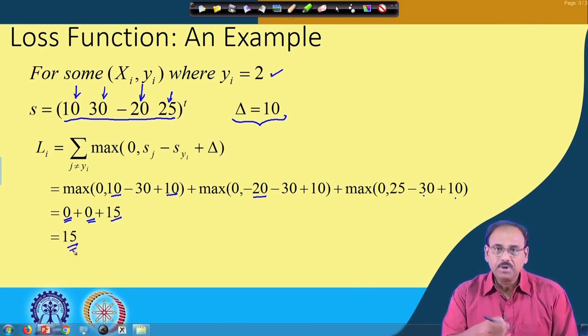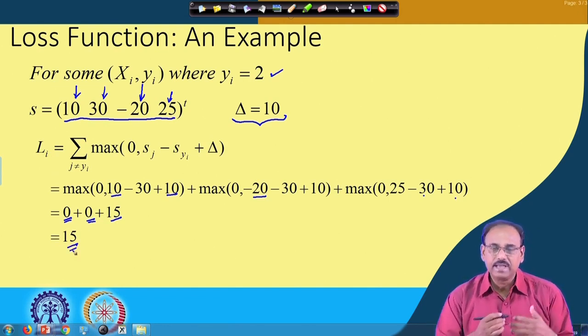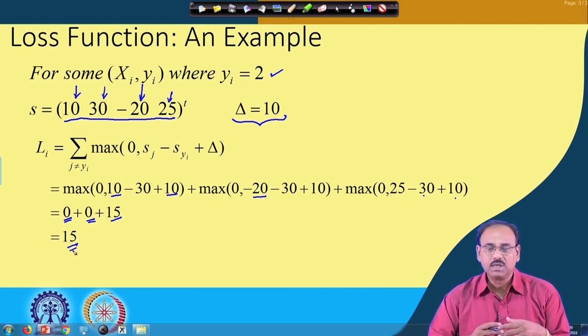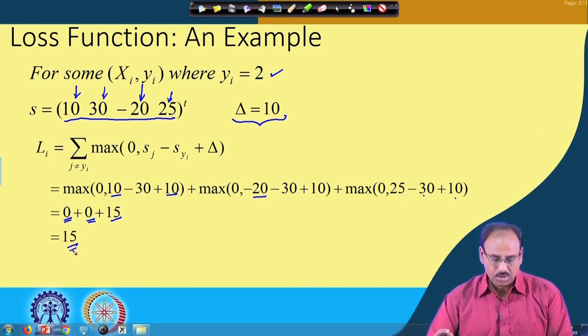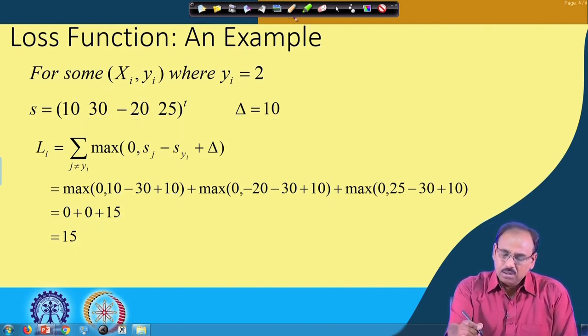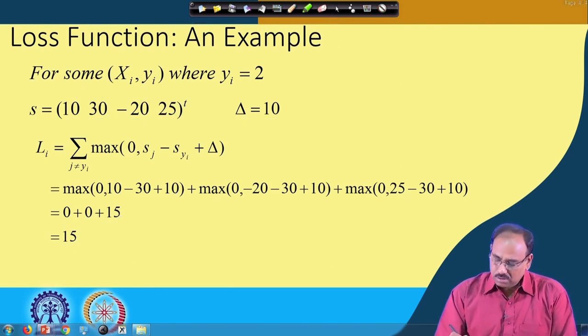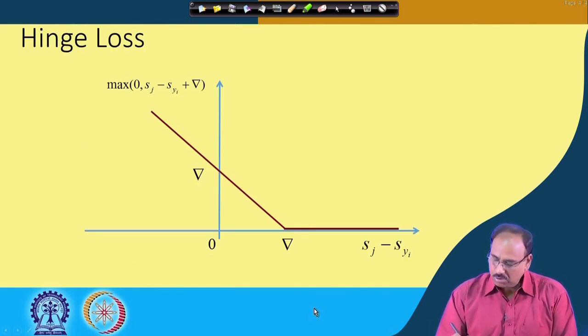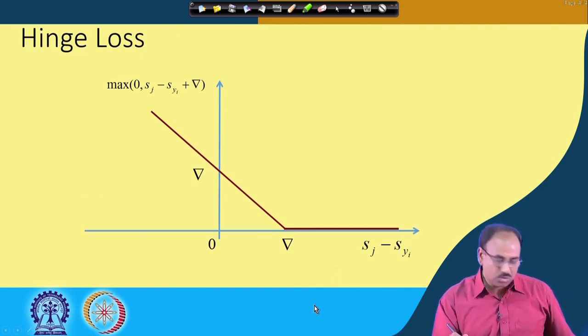So, when I compute these score functions, as I said before, if I take summation of this score function over all values of i, for all values of j not equal to y_i, I get the overall score function. So, this is how we compute the score function, and if you look at the nature of this score function, you find that